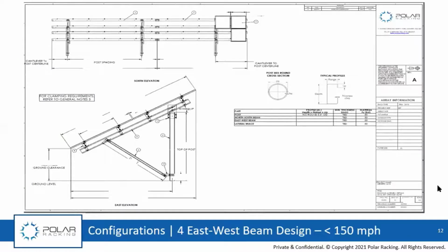So we offer two table designs for our projects in the Caribbean. One is a standard east-west beam design, and generally we can offer this up to 150 miles per hour. Again, we do a lot of testing internally, a lot of simulation testing as well, and a lot of testing with third parties to make sure that our connections are strong and robust and can withstand